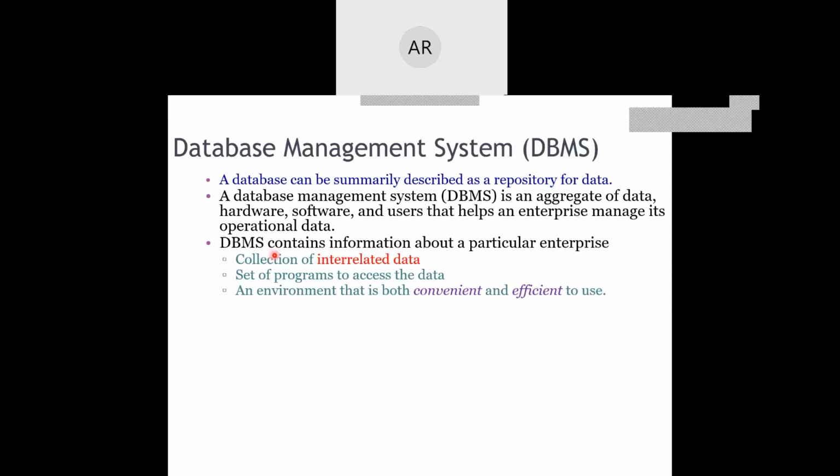When we are talking about DBMS, we are saying that DBMS is a collection of interrelated data. When I say interrelated data, I mean that category of data which is of some significant importance to us. We will not be considering data which is of no use to us. For example, when I talk about a student database, usually we'll talk about PIN number, name, marks, and so forth. But not just those things are related to a student. The student's personal life details are also available, like the address of the student and how many cell phones the student has. But all those are of no importance to us.